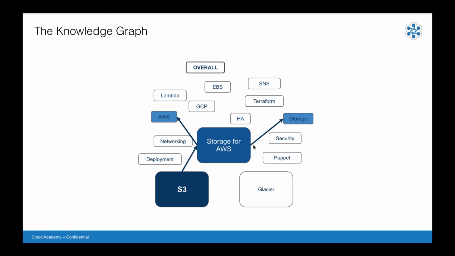So you haven't covered all the other services of AWS or all the other skills of storage. Interestingly, the overall score you see in the user's profile page is computed using the same graph. So it's part of this propagation of knowledge. Our goal is, anytime you, as a user, do an assessment, so you answer a question or you do a lab that has an assessment inside, we compute and update your scores for as many skills as we can. So in this case, imagine that you just answered a single question about S3.